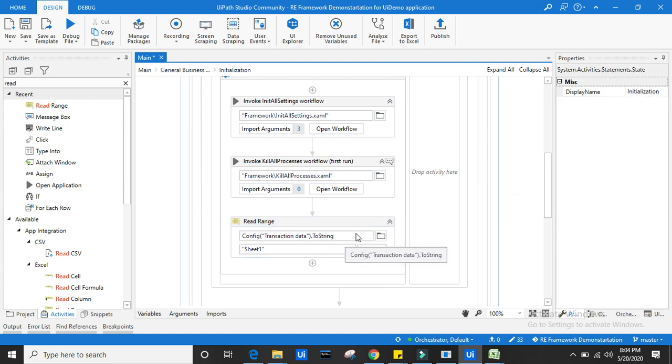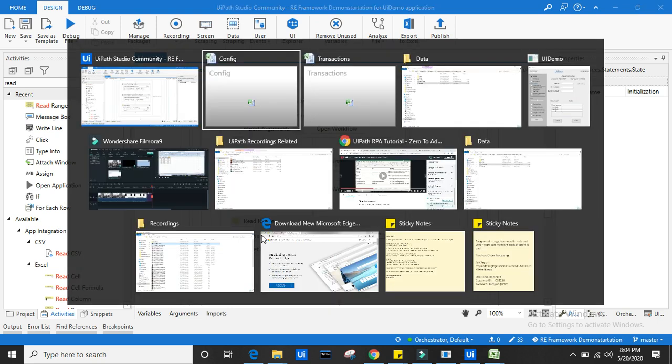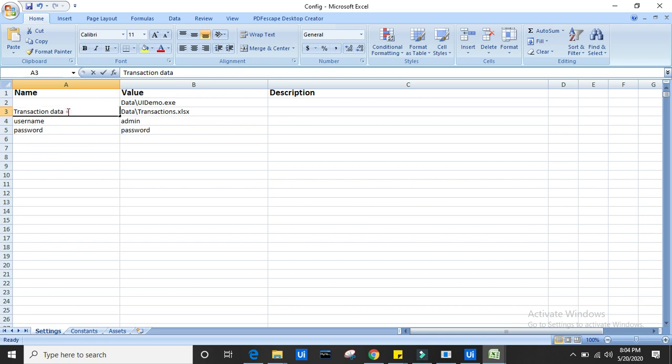So what I did was read the config file, and from this config file I want to get the transaction data. This is a key, and during execution it will read its value. So this is a key and this is a value.